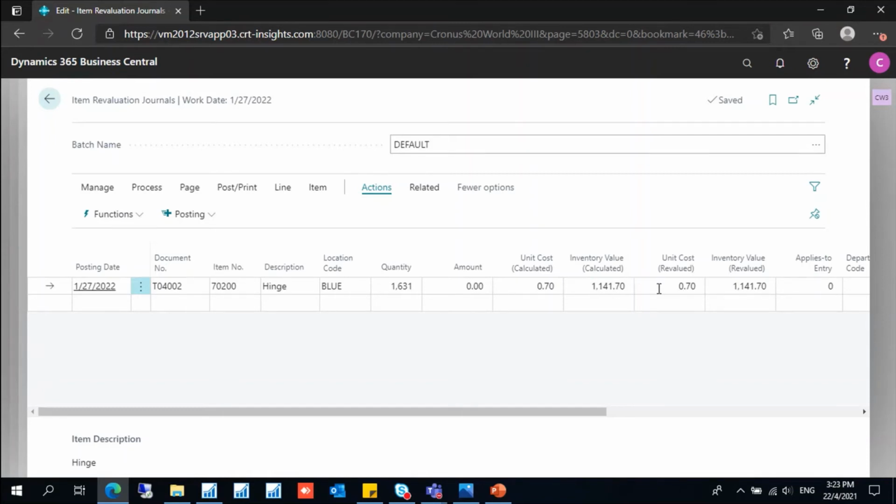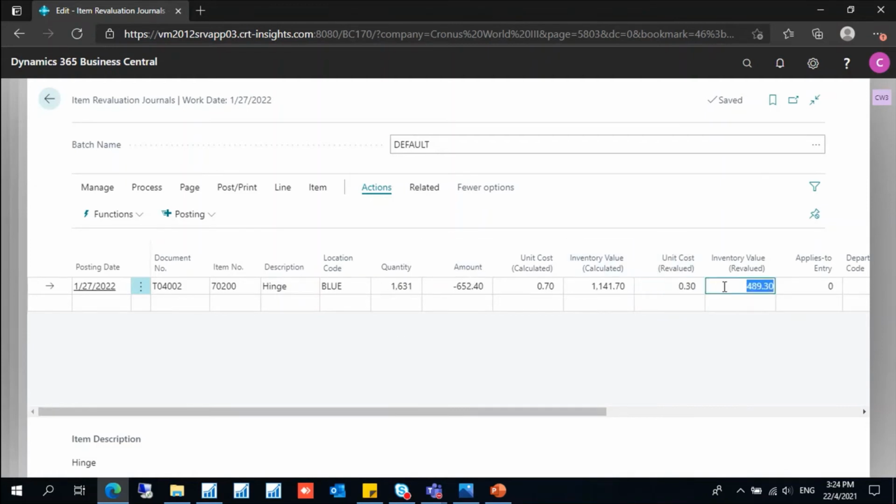All we need to do is update the value under the fields with revalue. According to our scenario, we need to depreciate this item to 30 cents each. Once I press enter, the inventory value revalued will be calculated